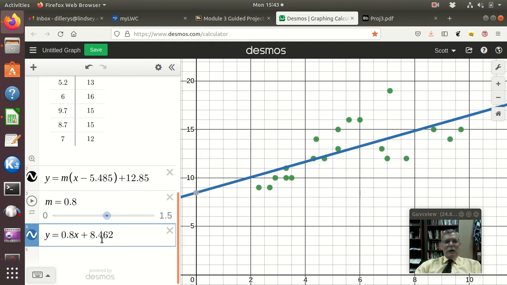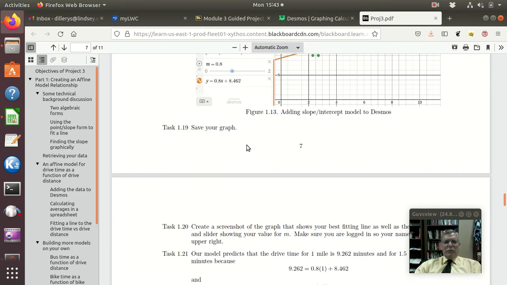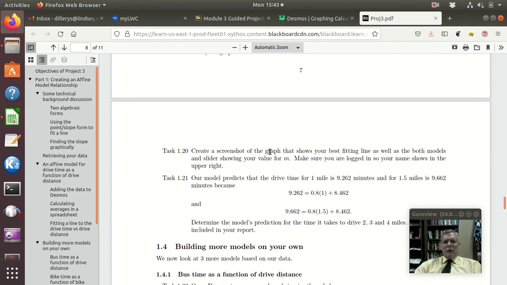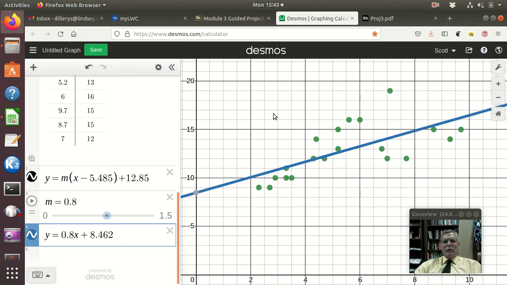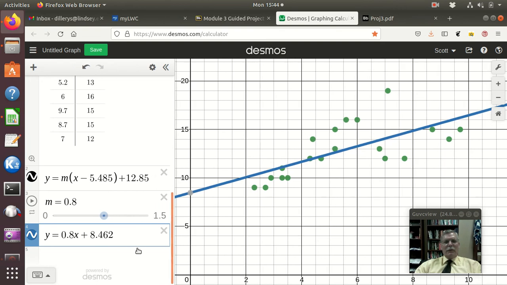And so now I have my slope-intercept form. And it says save my graph. Create my screenshot. So of course, here, I want to show everything. So that's about right. So there, I have my data, my line, my model, and my two representations. And so I can do my control print screen, and